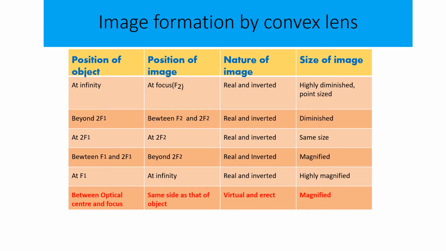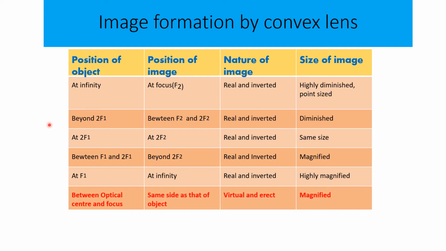Now, this is very important. We've learned the image formation by convex lens, right? We've seen the ray diagrams in the last lecture. Now we're just summarizing the entire thing. See, convex lens is converging in nature. Whenever you have a mirror or a lens which is converging in nature, you are going to have six cases in that particular case. Right? So, there are six cases. Six cases means there are six different positions of the object.